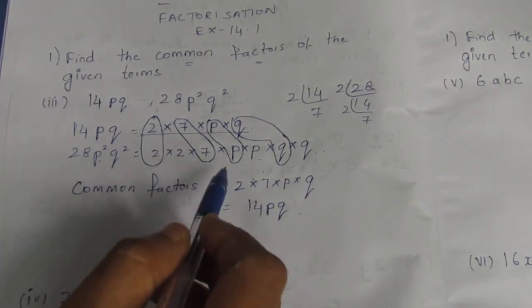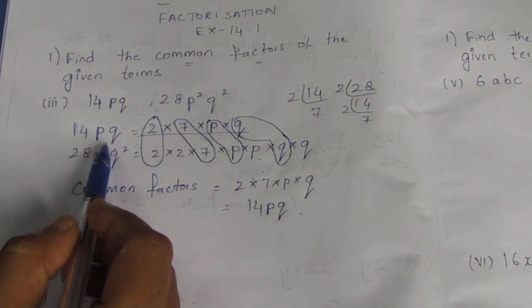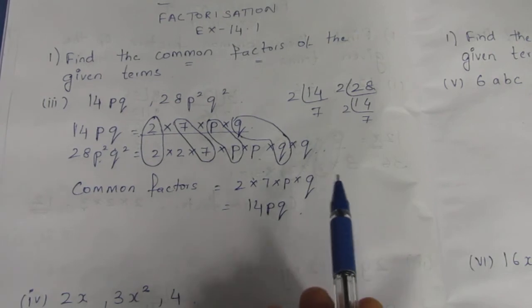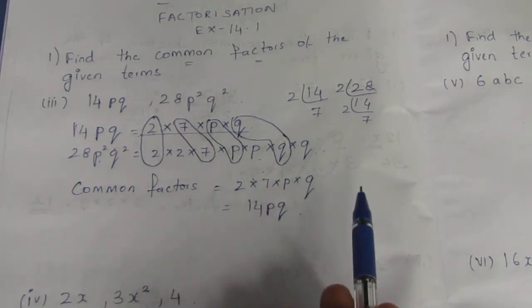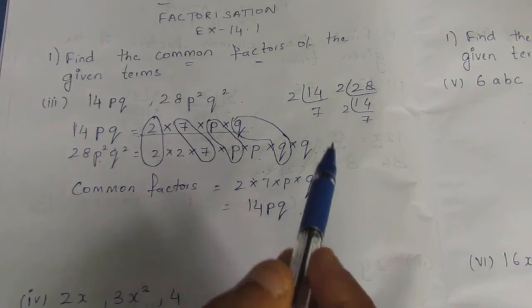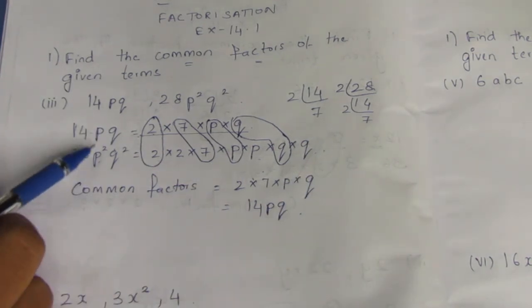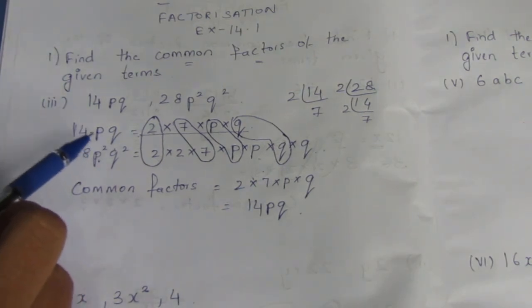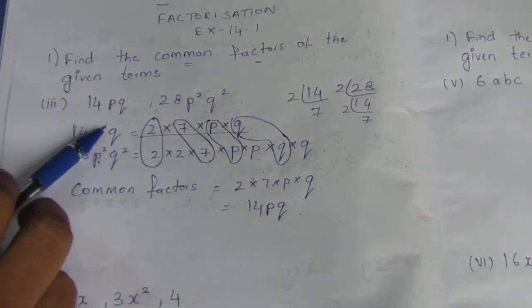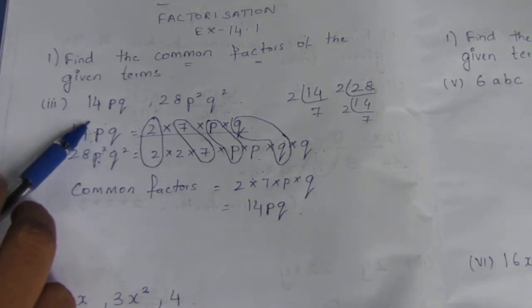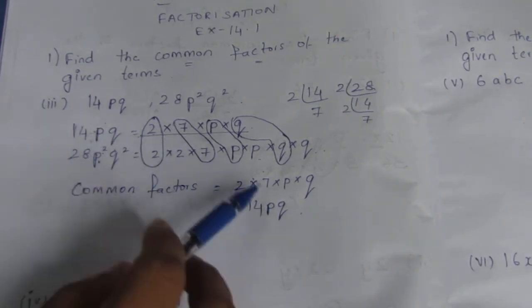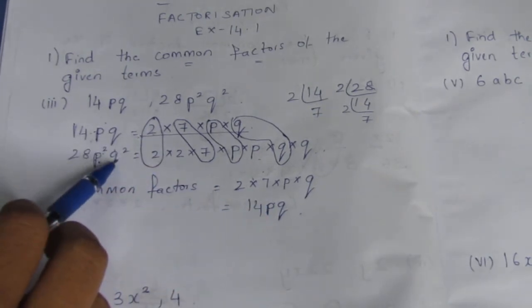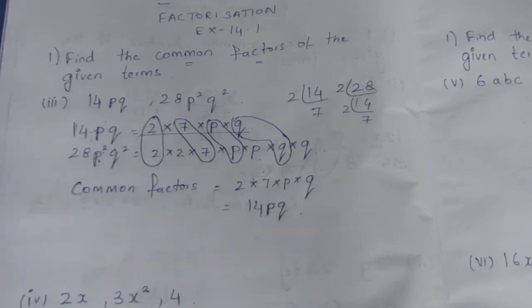Numbers we know that we are rounding off, and if there is a huge number, if it is P power 5 or Q power 10, we can't write P into P into P into P, same way we can't write Q into Q into Q. For that reason I'll teach you one easy method. Here you can see P in both the forms. The common factor will be the least power. Here the power is 1, here the power is 2, so the common factor will be the least power, so the power will be 1. The same way for Q, power is 1 and 2, so the least power is 1, so we need to write 1.